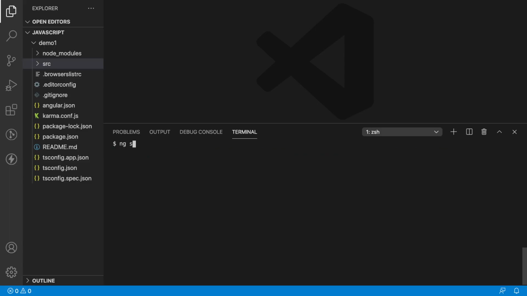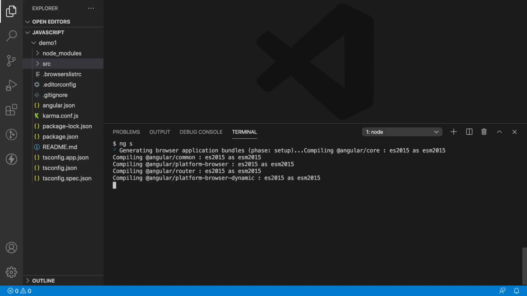Now hit ng serve. ng serve will take a bit of time. It will generate all our bundles and then it will be served on localhost 4200. It is compiling all our package dependencies and creating the bundles. You can see here we have phases like building, setup,